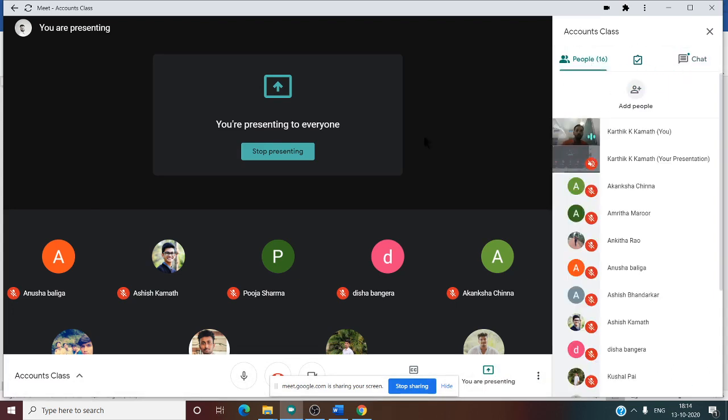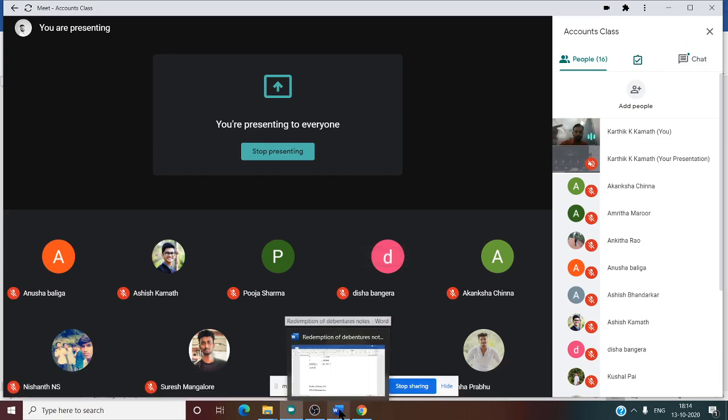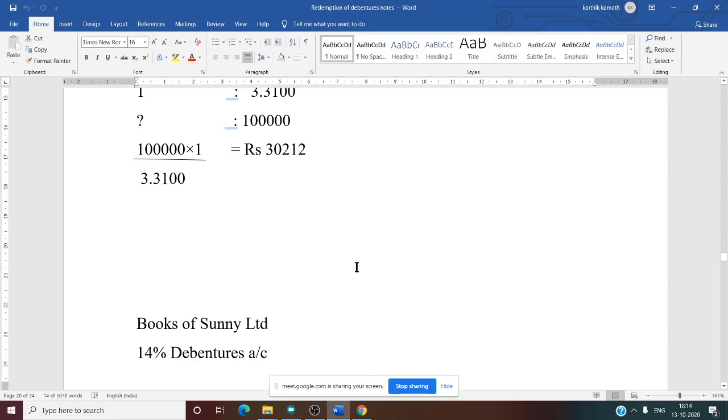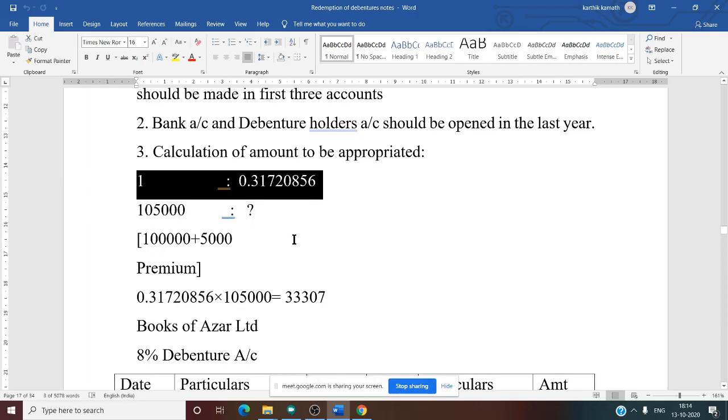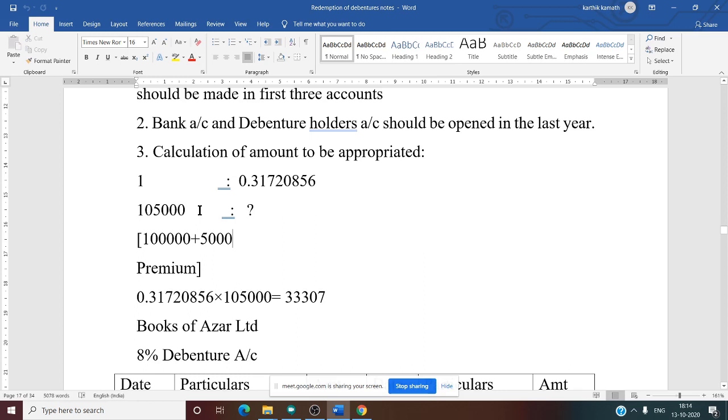See, now we have solved one problem previously. Once we go to the previous problem, I will give you an example. See this, the previous problem: 1 rupee, 0.31. In this case, we have written the amount on the greater side because of 1 rupee 0.31 paisa. That is why we have written 1 lakh 5 under 1.